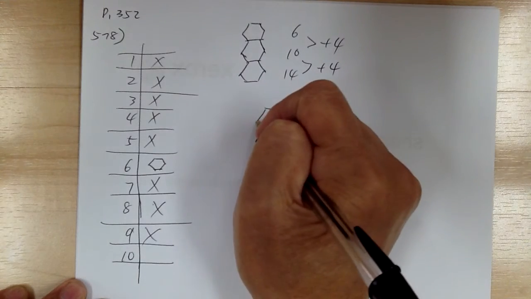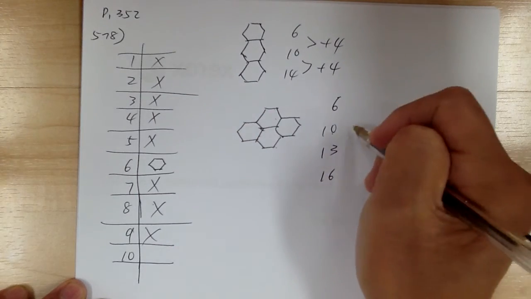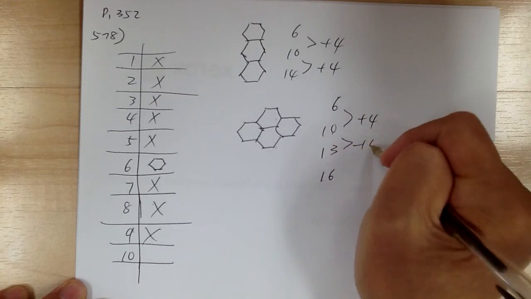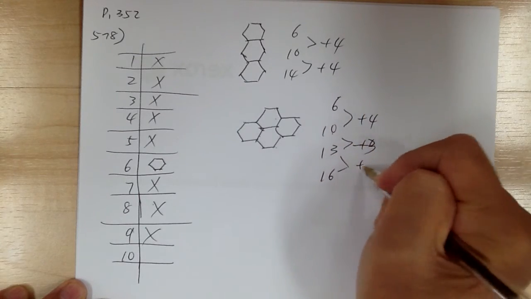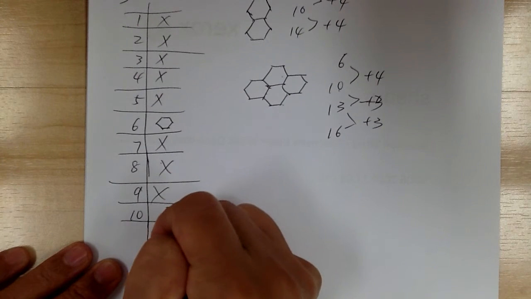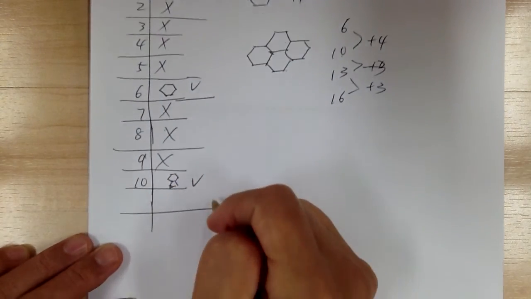And each additional one, when you cluster it like that, you're going to get plus 3. So when you have 2, you're going to get plus 4, but after that you get plus 3. So when you get 2 hexagons like this, this one is good. Now when you get to 11,